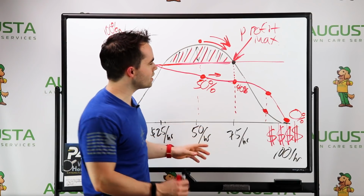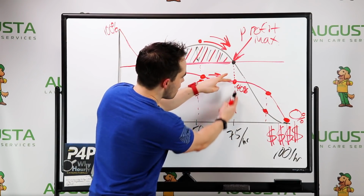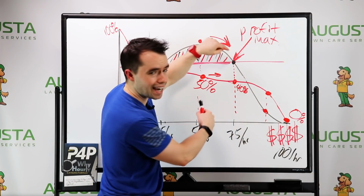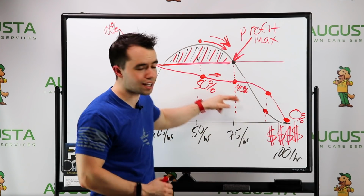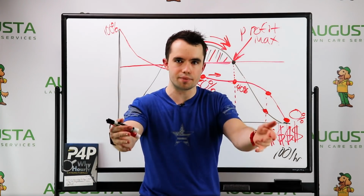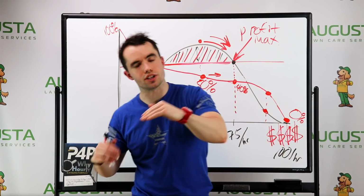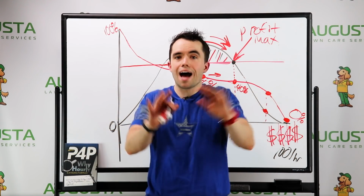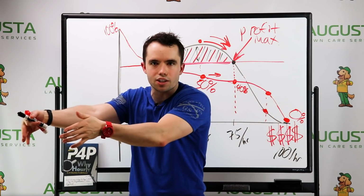So what I want you to realize is that there is a perfect close ratio as well as price that is going to match up with your perfect profit maximization, and that is a beautiful point. And the less sunk cost that you have in doing estimates, performing the estimate, getting the bid to the client, the lower that margin, the less time it takes you to go visit the property, meet with the client. That all is costing you money and preventing you from going and doing work in your own business and actually producing revenue,